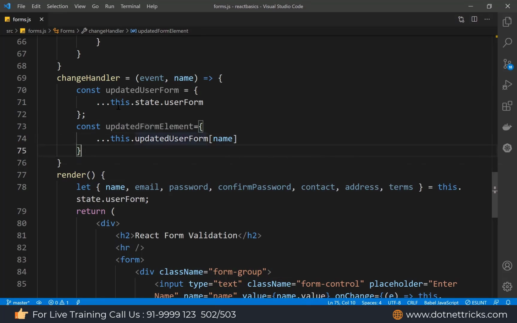So what is happening here is that I'm not going to modify the actual state. Whatever manipulation we are doing, we will do it on this new field, or you can say this new variable. From the new variable object, we are retrieving the name field. In JavaScript, we can access an object property using array syntax as well. This is the way the object key is passed, and the value is provided to us.